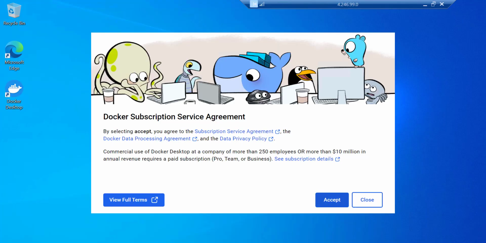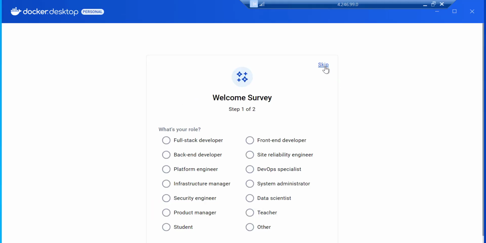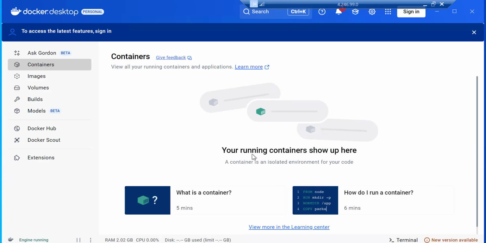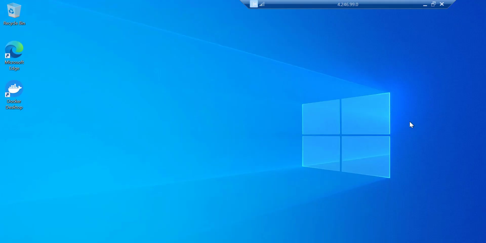Click accept, skip, and now it is starting the Docker engine. And now the Docker engine has started, and we can run our Linux containers and build Linux containers from inside our Windows VM. So now the self-hosted agent can run .NET Core CLI commands and can run Docker commands.